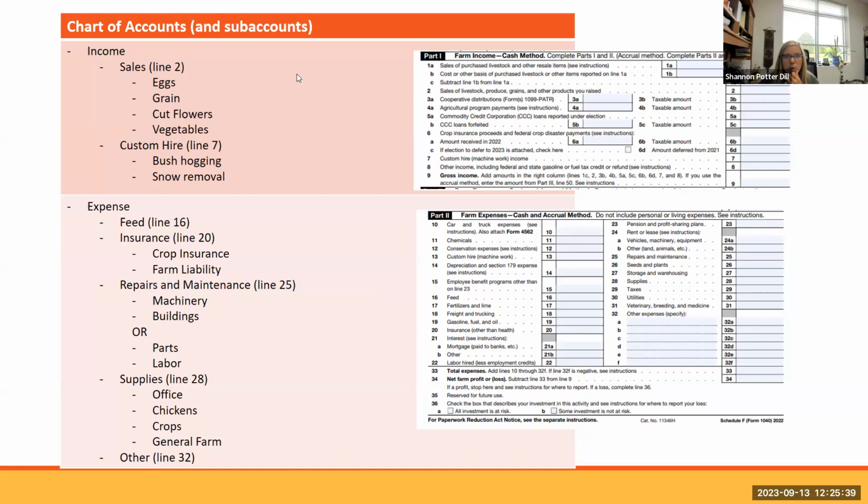So this is called a chart of accounts. If you use certain financial software, they're going to want you to set this up. You can add more as you go. But again, don't be so specific that it's hard to manage, but you also want to be specific enough that you can make good decisions. Some financial software, if you tell them you're in the business of farming, will download a suggested chart of accounts, and then you can modify it as you need.